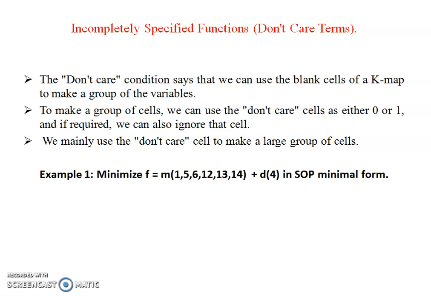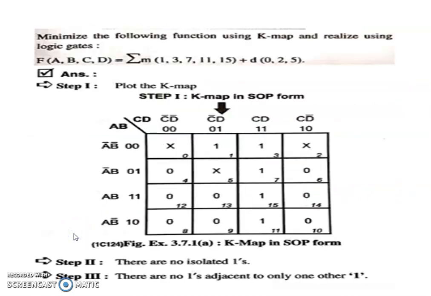Okay, a Boolean function or Boolean expression can be described with the help of min term canonical form or max term canonical form. It means that to obtain the expression for an incompletely specified function, we add terms to specify the don't care condition in the original expression. So here D of 4 is nothing but your don't care condition. It's your original expression plus D of 4, the don't care condition, for that sum of product form. Okay, now we discuss this example.